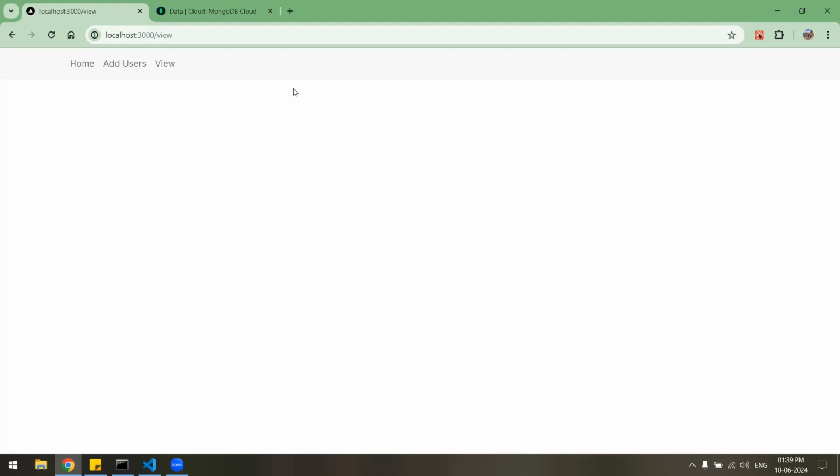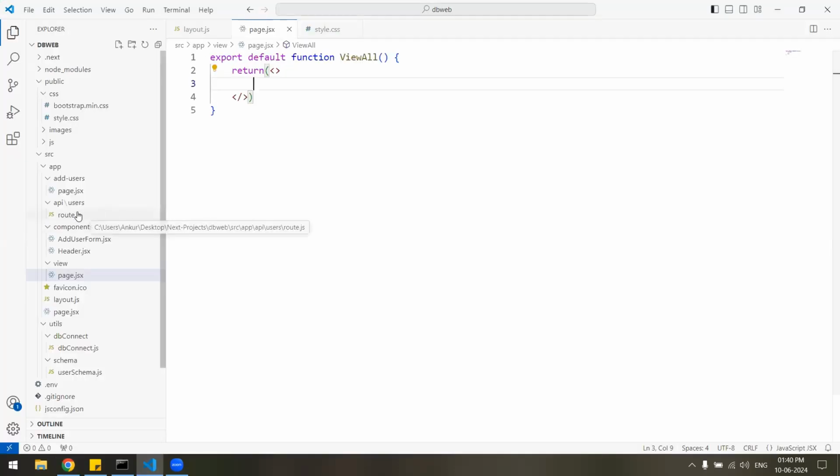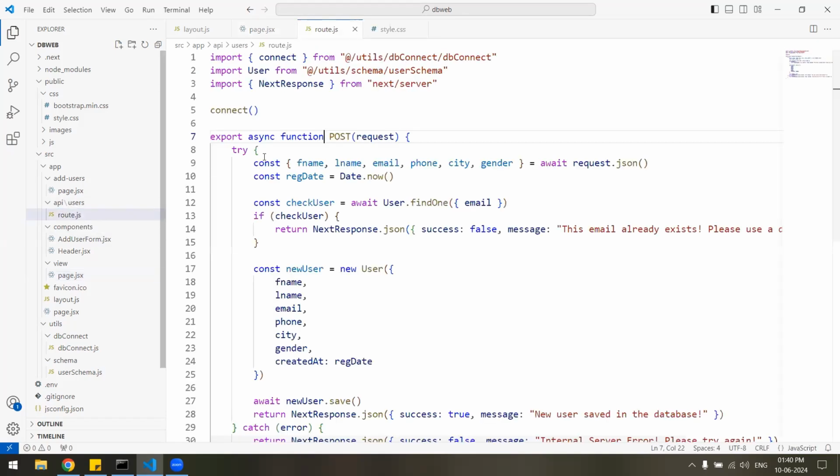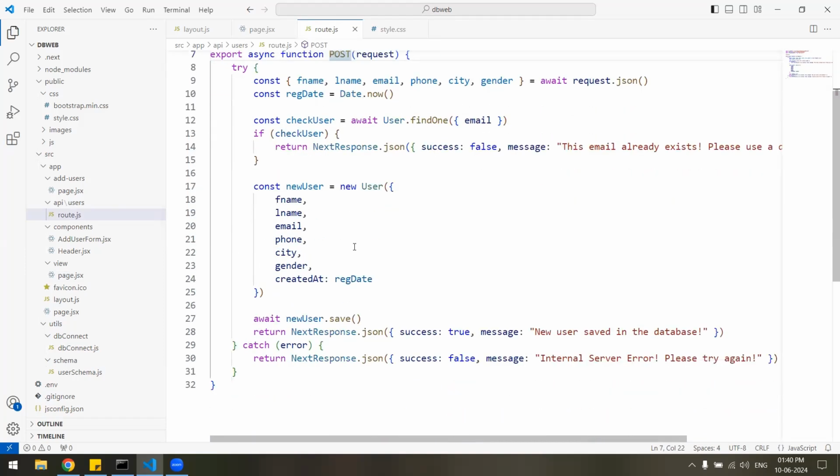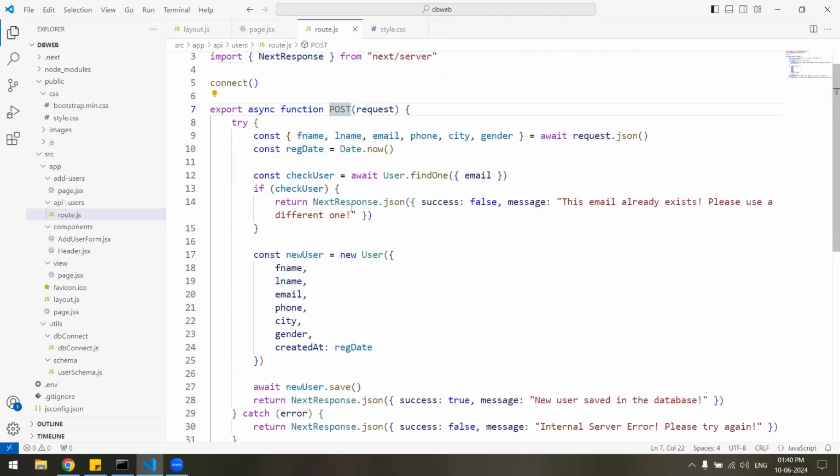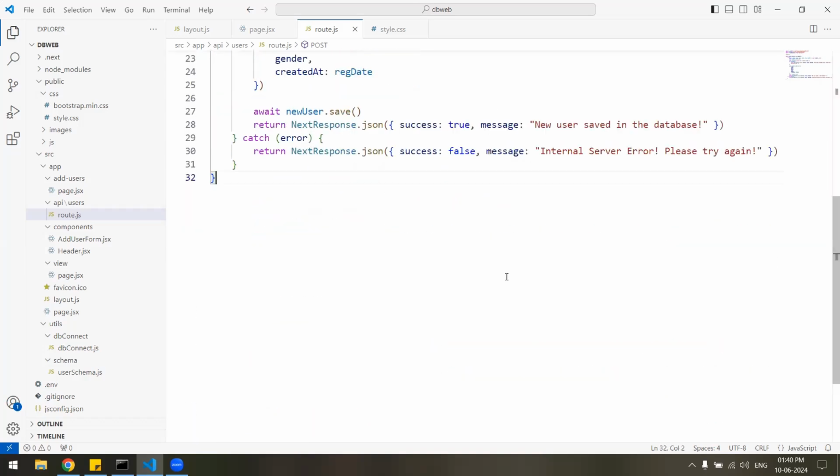Now we will go ahead and create the API, the get API. So for that, we will go to our API folder, and over here we already have one route.js file. So let's open it, and we can see we have one post request here, the post API. So we'll create the get API here itself. Export async function get,